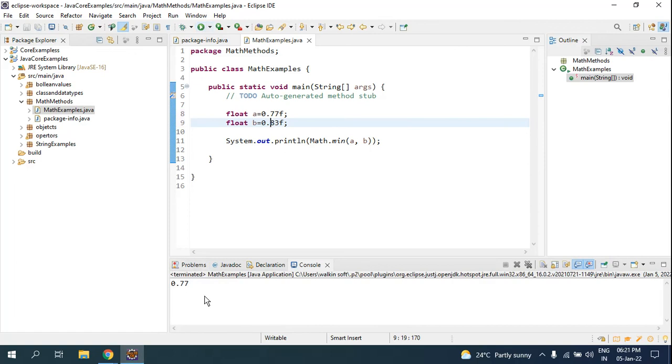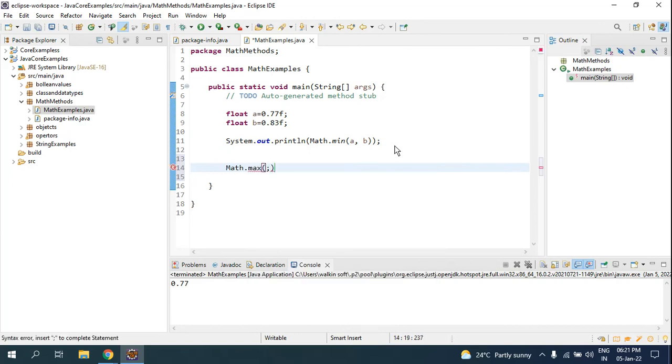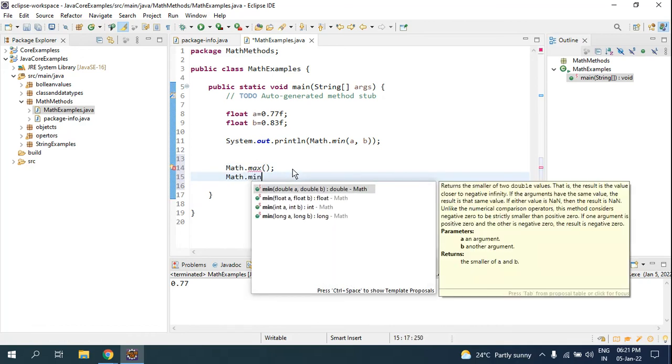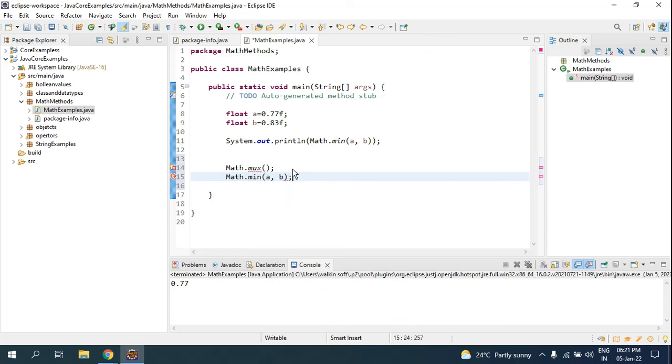So these are the first two methods: math dot max to find the highest, and math dot min to find the least. These are the methods, and you have many more methods. Another one is math dot square root.